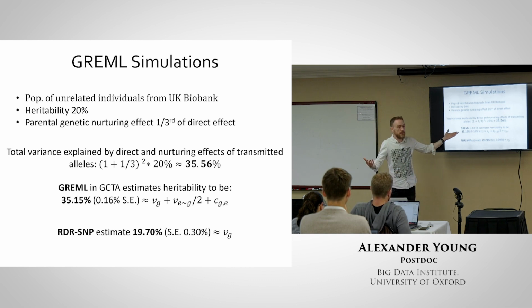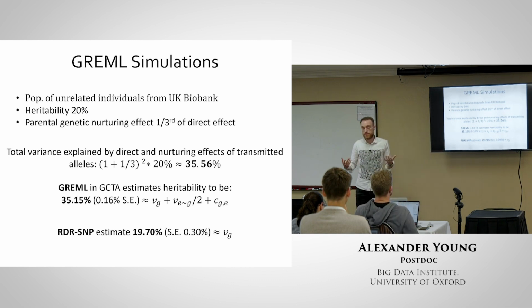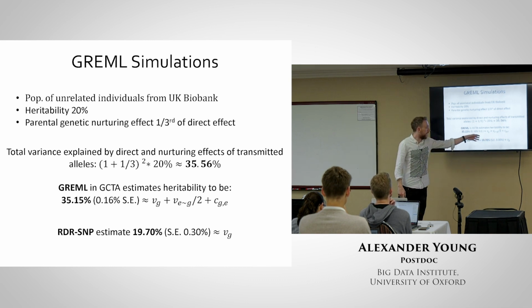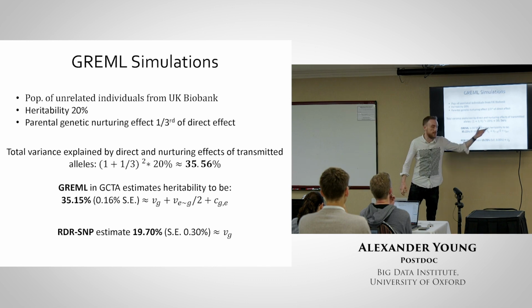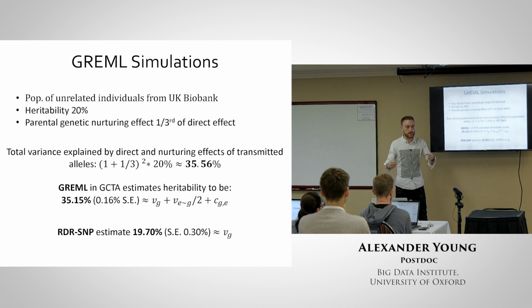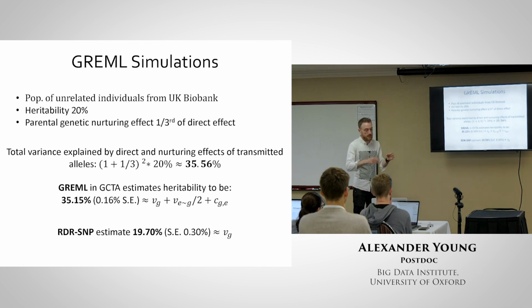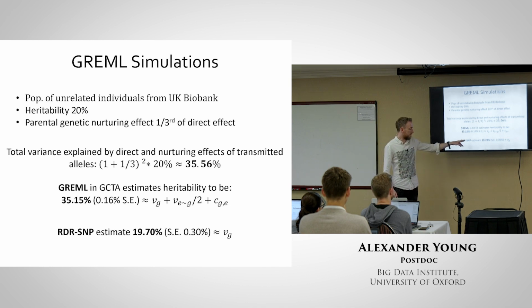So the Grammel estimate is basically estimating that. It's the total variance explained by the direct and indirect effects of the transmitted SNPs, which makes sense because that's what you're getting when you regress on a SNP. I've derived that theoretically as well and related it to that variance decomposition. So you're getting the direct component, you're getting one half of the component that's correlated with parental genotypes, because only half of the alleles are transmitted to the offspring. And you also get the covariance between genetic and environmental effects. If you fit PCs and so on, you can remove some of the stratification, but you basically can't remove the indirect genetic effects from the parents from the Grammel estimates. If you do the SNP version of my method, then you can separate out those components.